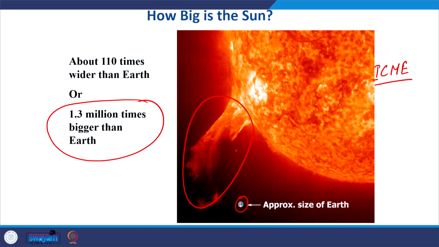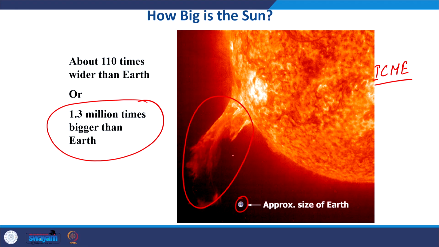But this coronal mass ejection is an outward plasma burst which may sometimes reach the Earth or may not reach the Earth. It depends on several other factors. But what you also see is the solar flare, or this brightening near the coronal mass ejection, which is an enhancement in the electromagnetic spectrum that we receive. Right. So, right now we can see that the sizes associated with these coronal mass ejections are huge,